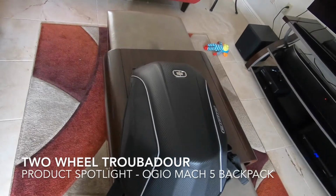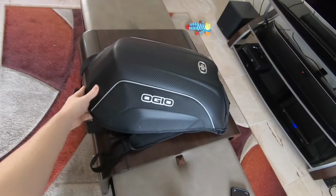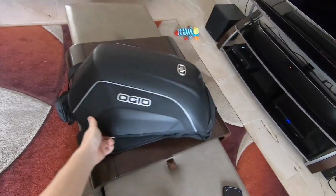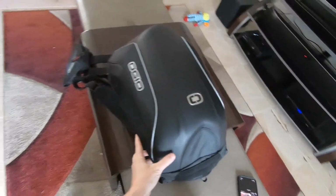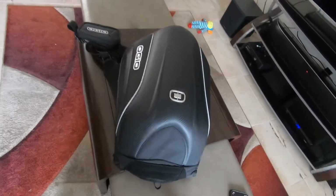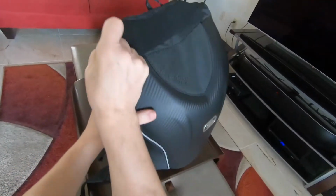I wanted to do another product spotlight. This is the Ogio Mach 5 backpack, what they refer to as the no drag backpack. Hard shell,